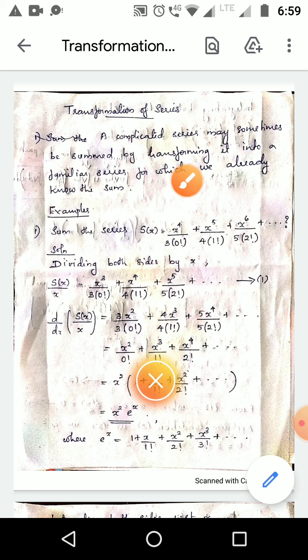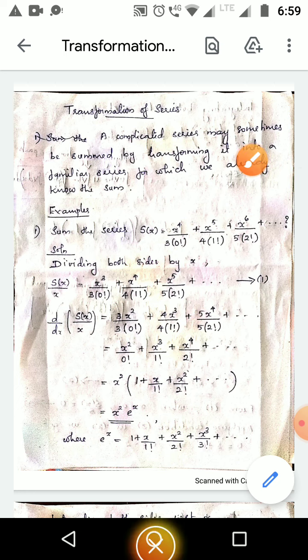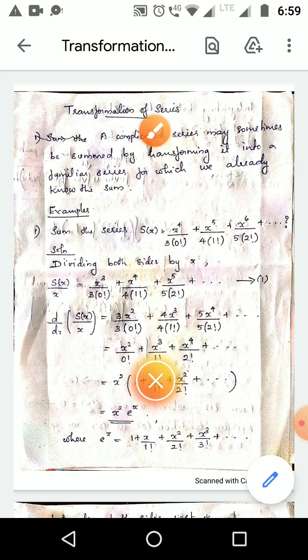So if you are given a complicated series, we are able to transform that series into a familiar series for which we already know the sum. That's why this method is named transformation of series. The given series is transformed into a familiar series of which the sum is known. For example,